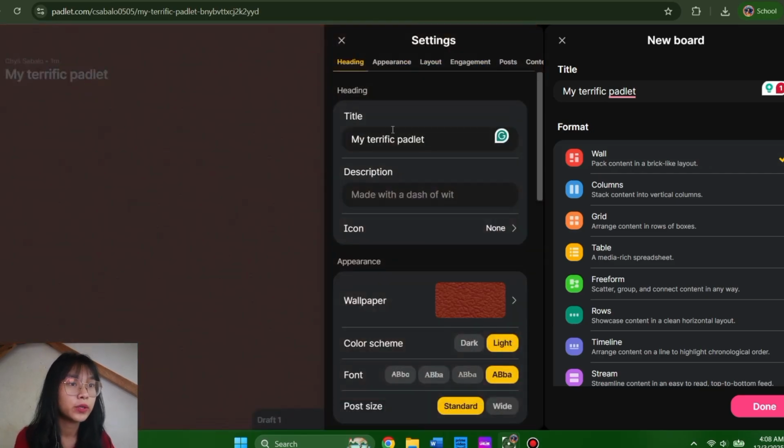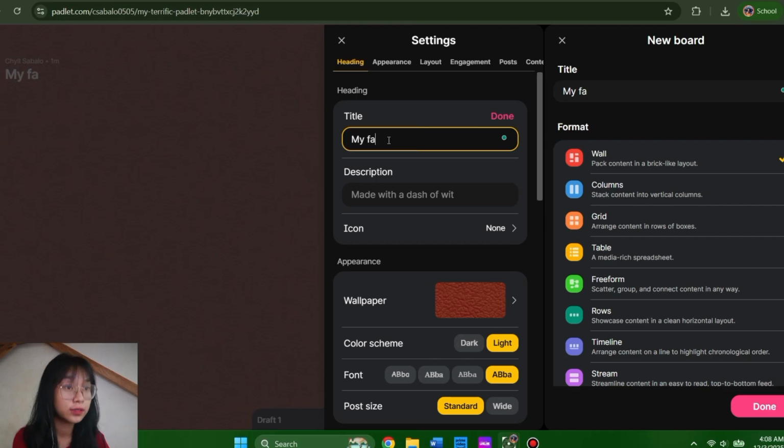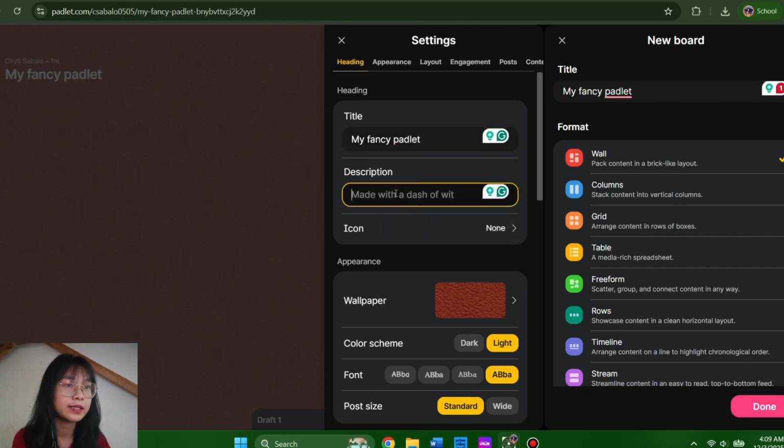So now we are going to explore the wall layout. As you can see here, the heading and the title description. In this title, this is where you set your chosen title for your Padlet. Whatever you type here becomes the name that appears on the top of your board. For example, the title of my board is My Fancy Padlet, and our description here is